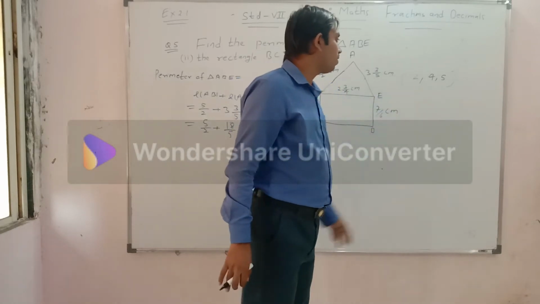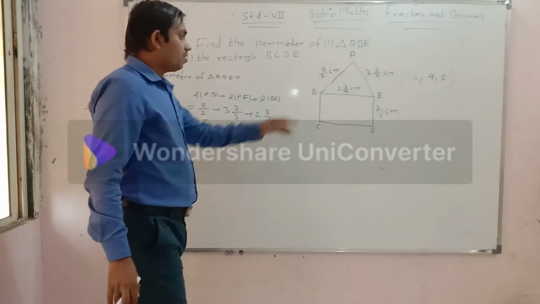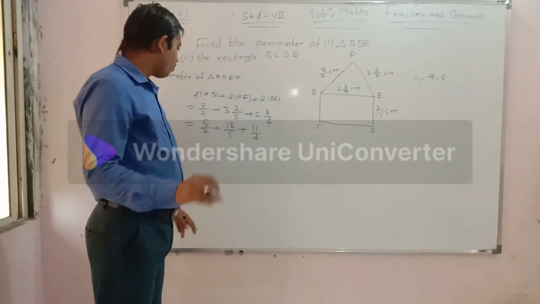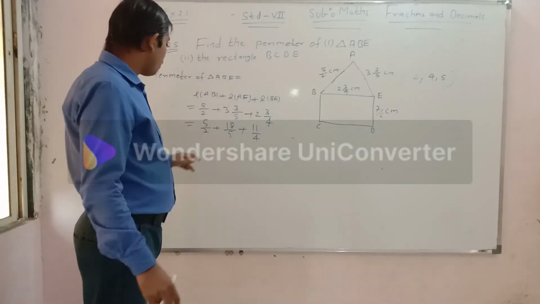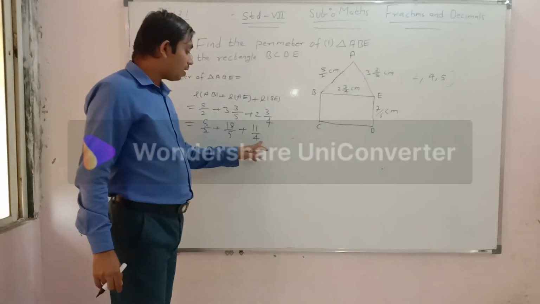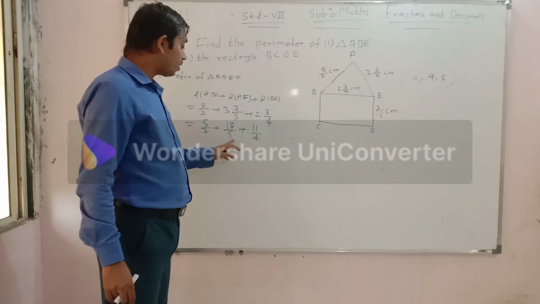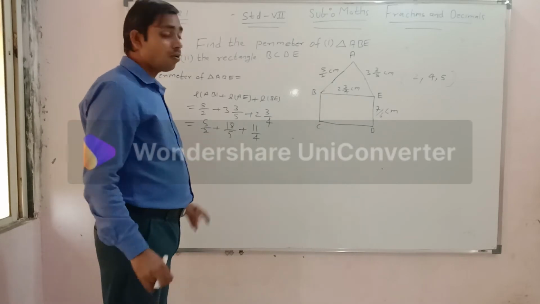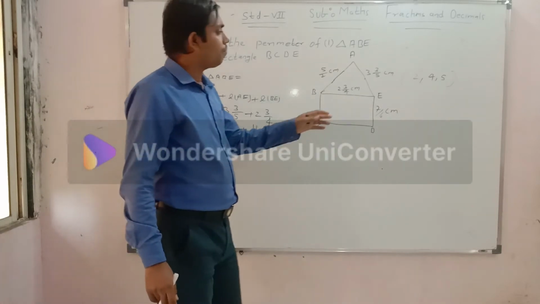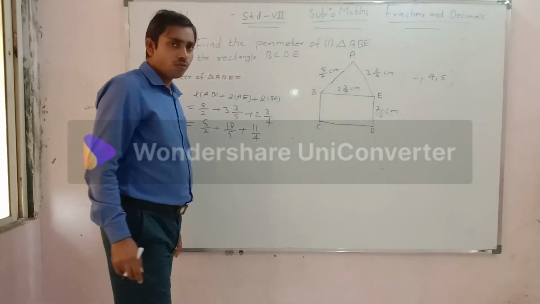So what will be the LCM? Either you can take the LCM and make 40 everywhere. But we can do one more thing. We can convert everywhere to 20, because 5 multiplied here becomes 20, 4 multiplied becomes 20, and here 10 multiplied becomes 20. Am I right, my dear students? You can make 40 everywhere. It is up to you.